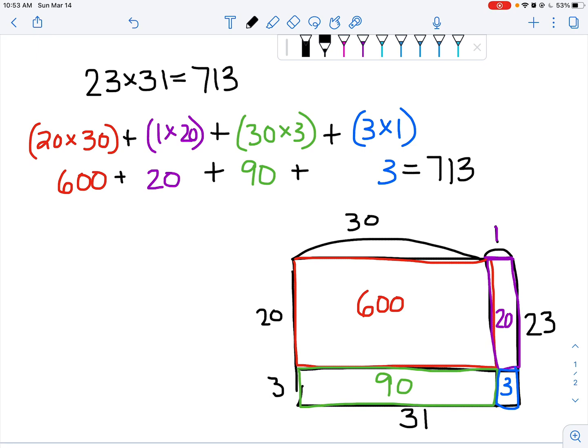Okay? So your job today is to go ahead and give this a try. Draw a rectangle out, label your side lengths, and multiply each smaller area, and then add all of those areas up to find the area of the full rectangle, or this product of the 2-digit multiplication problem. Good luck, have fun, and let me know if you need